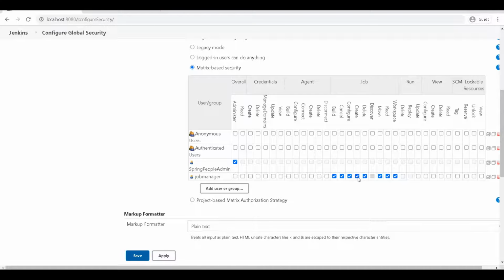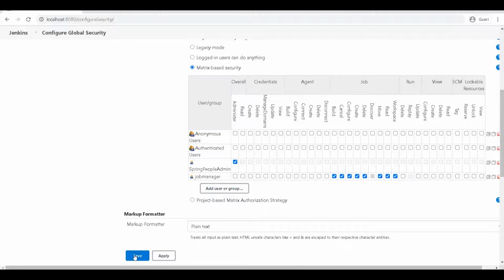Okay. So now this is security level 3, where anonymous users can't do anything. Authenticated users can do everything in a read-only view. An admin level user, Spring People user, can do everything related to Jenkins. And then a job manager user can do everything related to jobs only. He will not have the access to create users or manage credentials or anything.